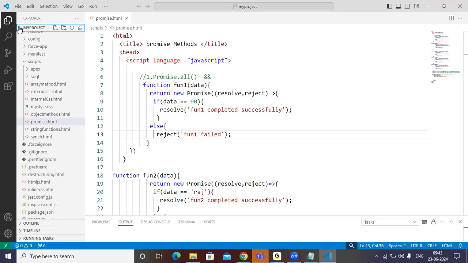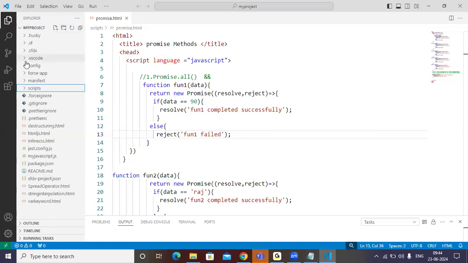Of course, I will explain you in future classes how to download and install the Visual Studio code. Visual Studio code is IDE where we can write the LWC programs. Understand all of you?